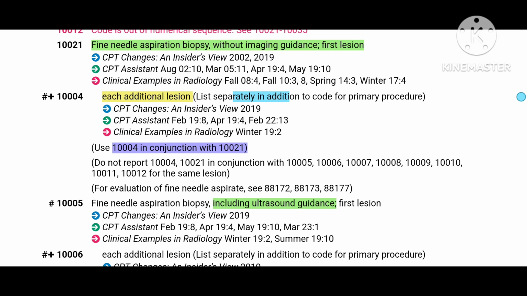And the next set of codes for FNA biopsy are 10005 and 10006. Both these codes will be used for FNA biopsy under ultrasound guidance. So if the doctor is using ultrasound guidance and taking fine needle aspiration biopsy from one lesion, you have to report 10005, and if he is taking the biopsy from multiple lesions, you have to report the add-on code 10006